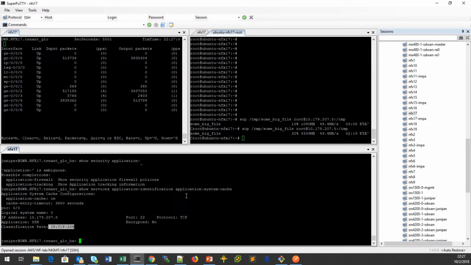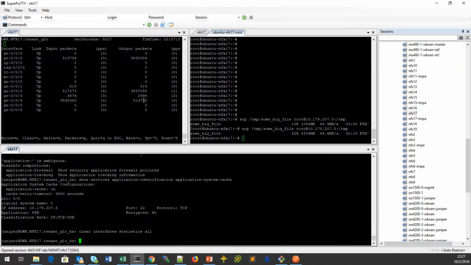Here it is. So the system actually stored details about this session in the application system cache. It will expire after 1 hour, but it's still there. So let's clear interface statistics all to help us clear this clutter. And we are going now to send again,